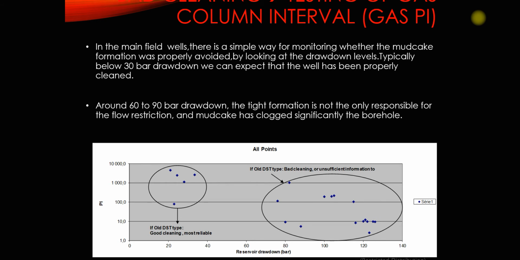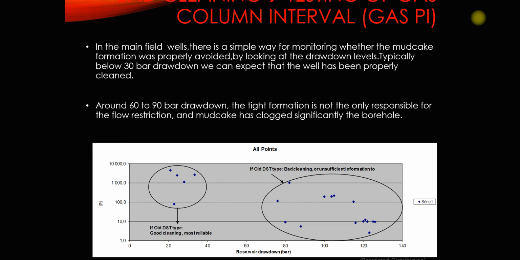If in these blue points you have a lot of old DST from the 50s and early 60s, and some points that are more modern tests from the 80s with the modern cleanup. And you can see two different ensembles. The one on the left is for a small drawdown around 30 bar. And those ones are interesting because it's a tight formation, we know that very likely or very certainly these